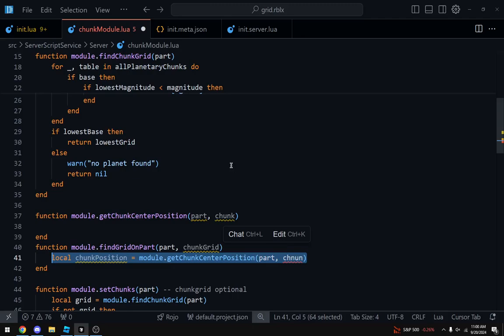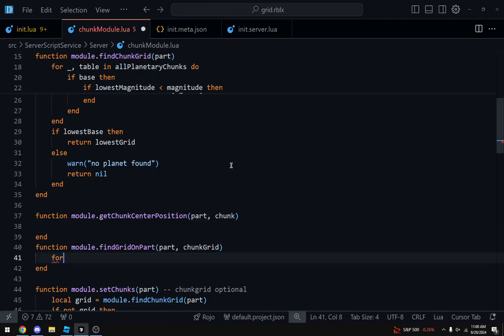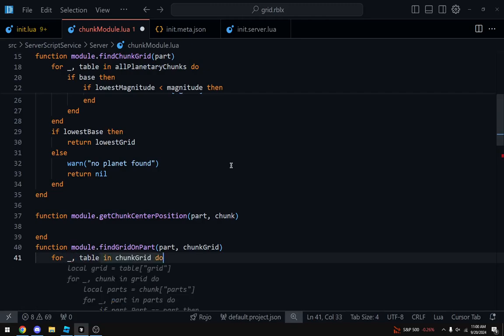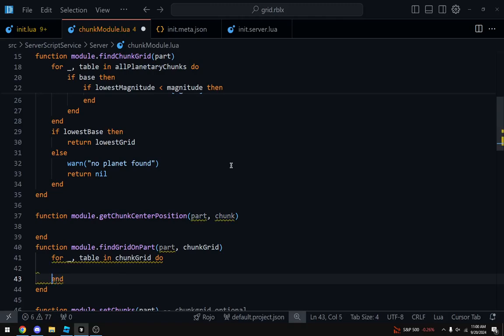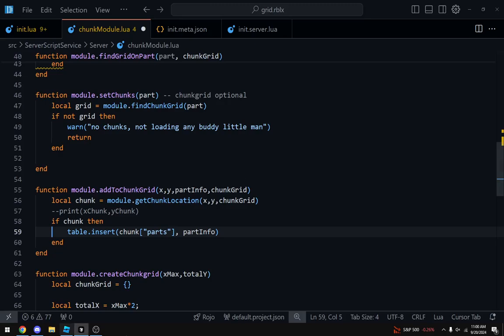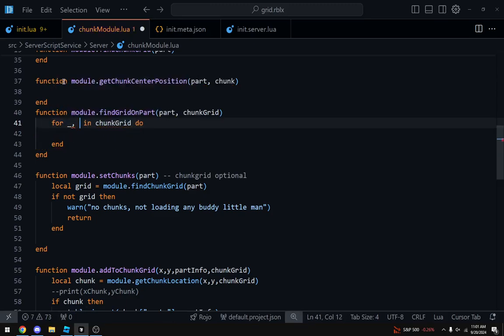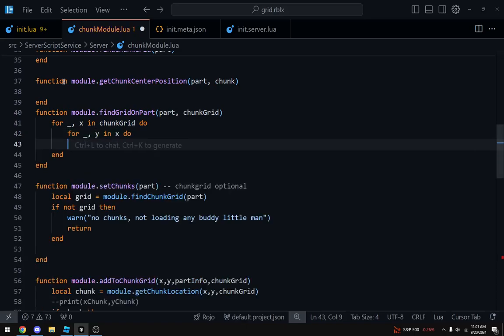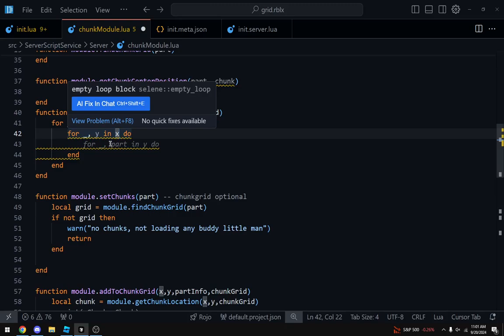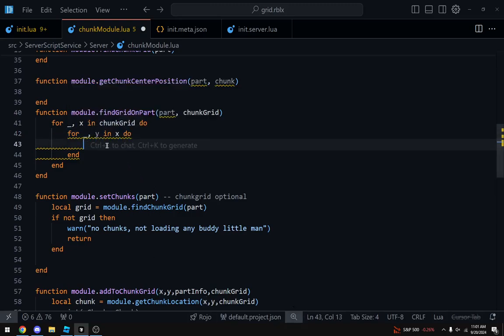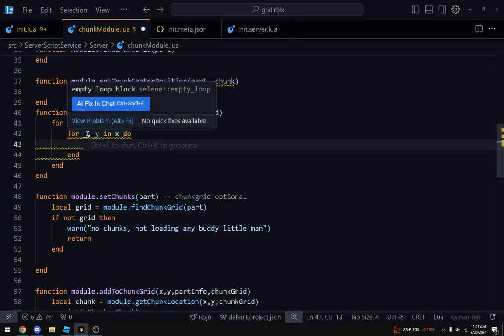So we could loop through the chunk grid. Okay, so we want to get the chunk position.